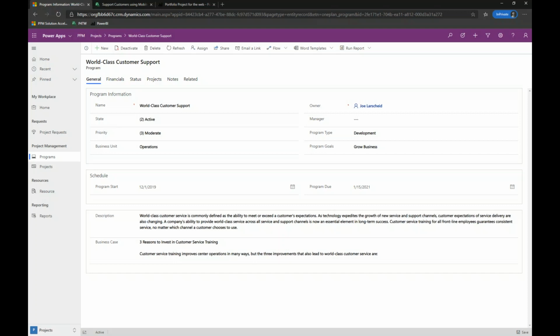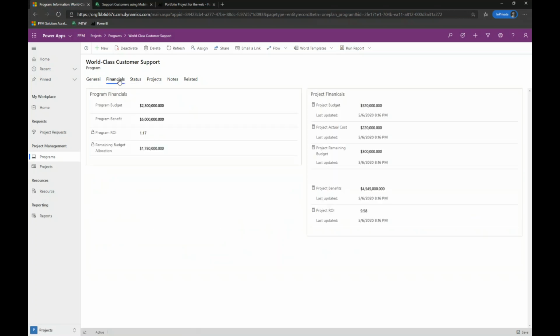It's currently active, has a priority in a business unit that has perhaps sponsored it or against which we are delivering programs and projects. There's areas here to capture the description in a business case. And then other tabs on this same screen to show you information about the financials for this program, including budget that we've determined is permissible for this particular program, benefits we anticipate seeing from this, an ROI that's calculated, and